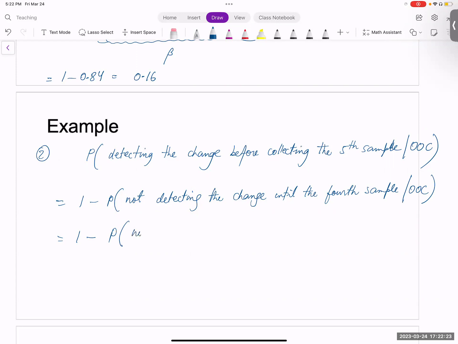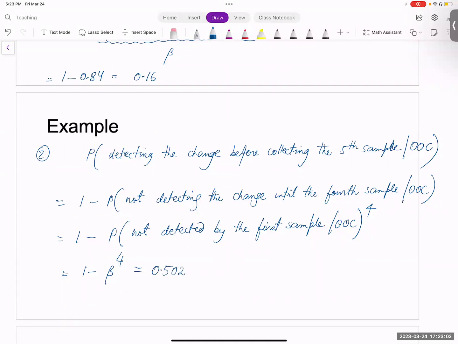So I can say not detected by the first sample given OOC. And since all of my samples are IID, I can just raise this to the power 4. And then this will be equal to 1 minus beta raised to the power 4. You already know beta. So let me see if I can quickly compute the final answer. 1 minus 0.84 raised to the power 4, which gives us roughly